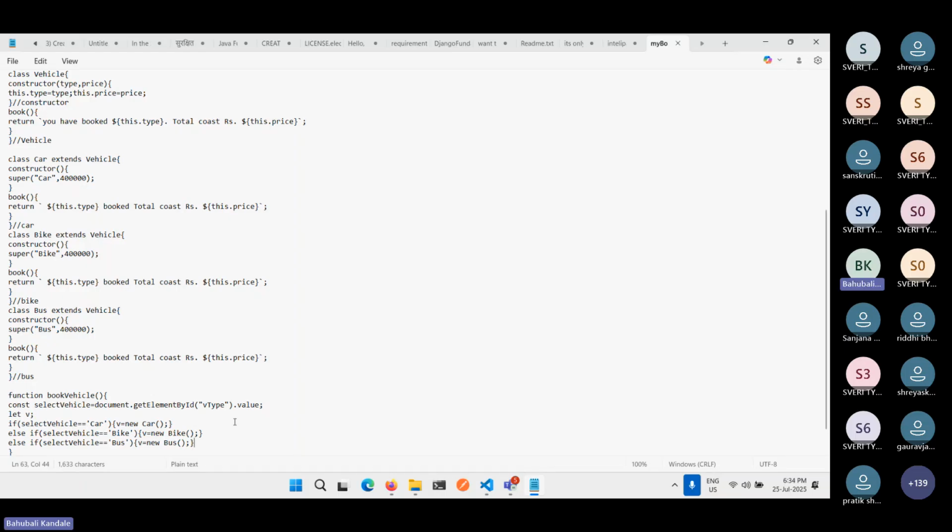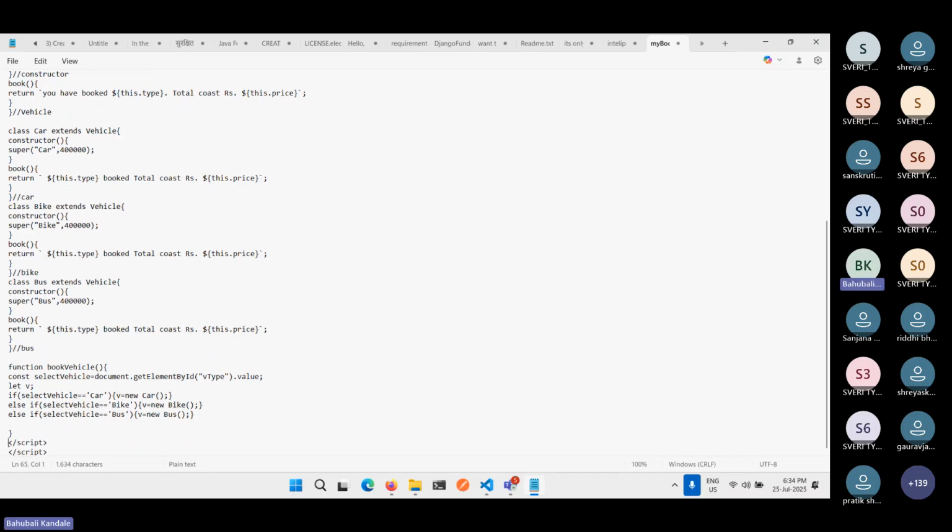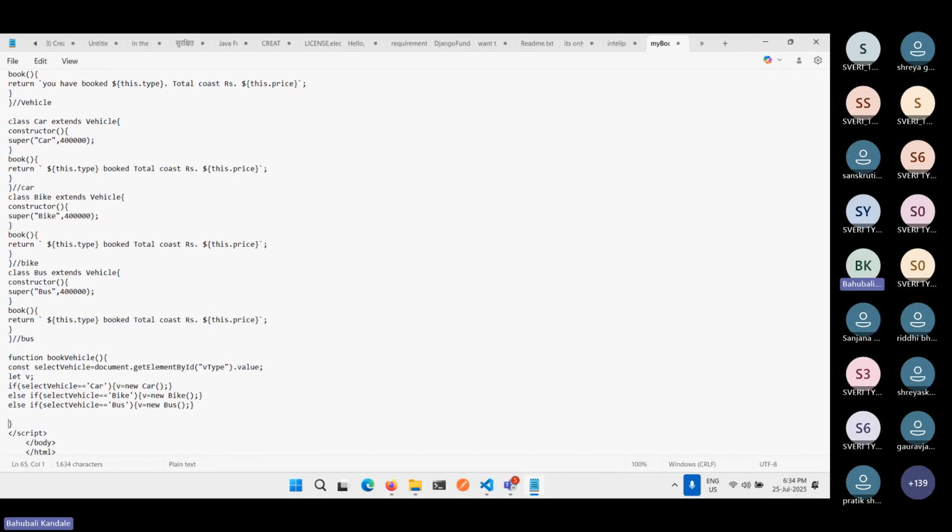Right? We initialize that bus. Okay, so once we have initialized all things, after that we need to deliver details, that is, display the booking message. For that reason, within my function, I can write document dot get element